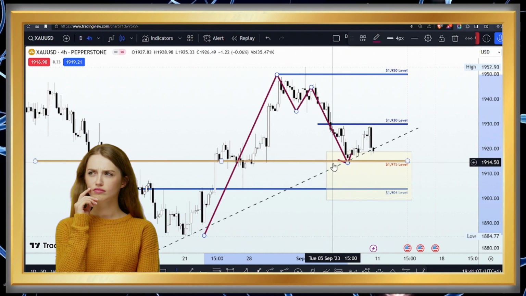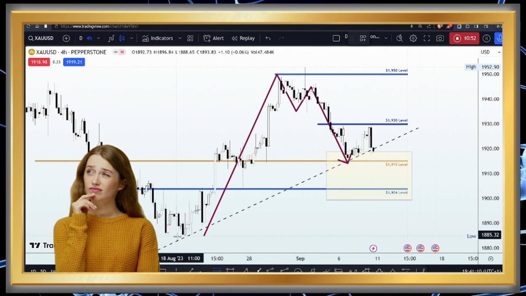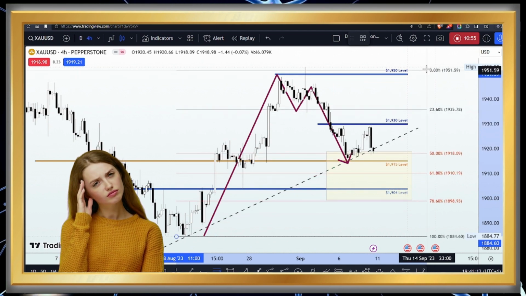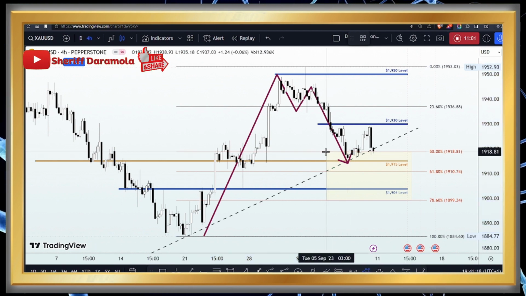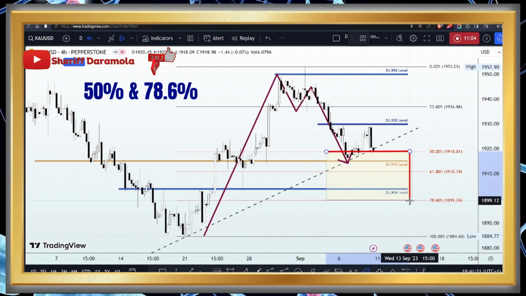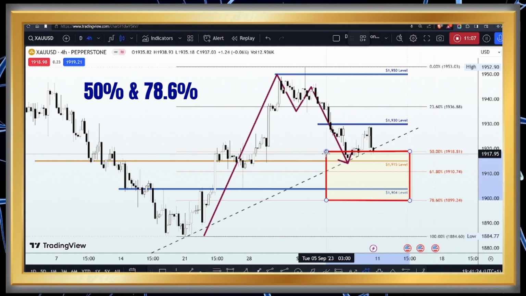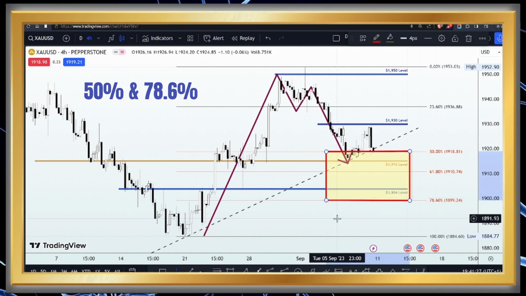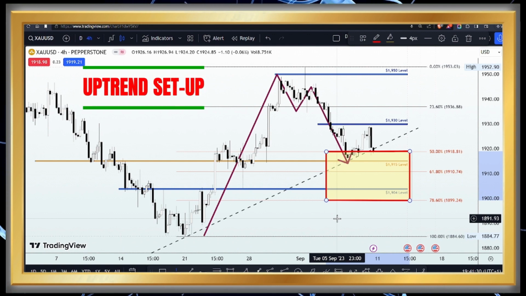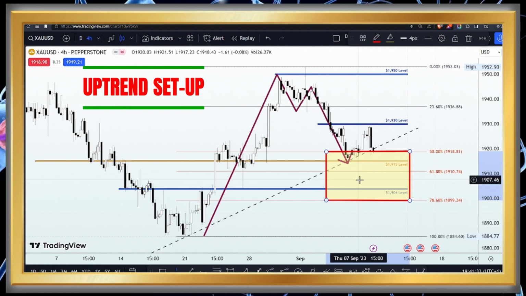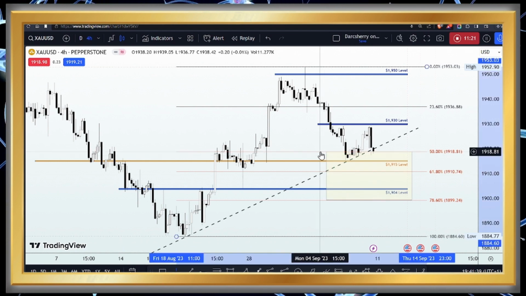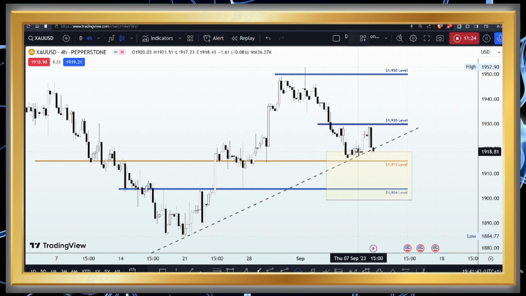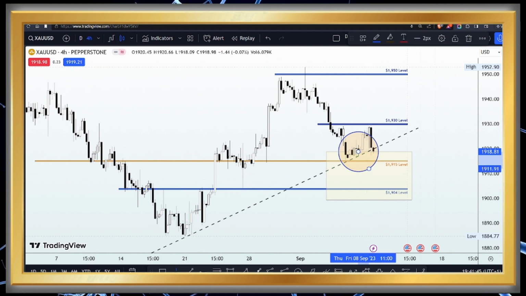Now, how far will that retracement phase go? Well, let's use our Fibonacci retracement tool, run it through the previous impulse leg, and we shall be aiming at our golden zone situated between the 50 and the 78.6%, as you will see here. So this is the area where we want to be looking out for patterns and structures that will support the idea of an uptrend continuation. And one interesting thing about this golden zone area is the fact that it also shares a beautiful confluence with both the ascending trend line and the key level at the 1,915 level.